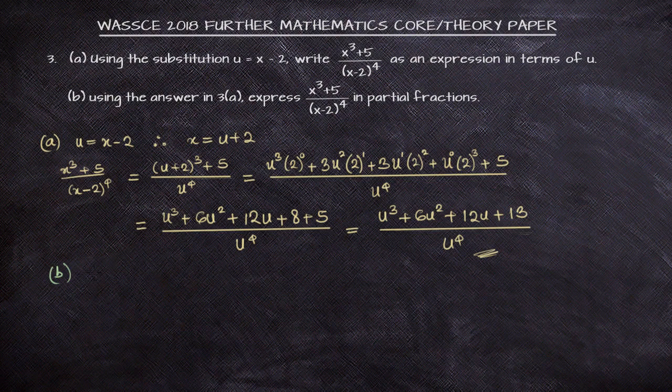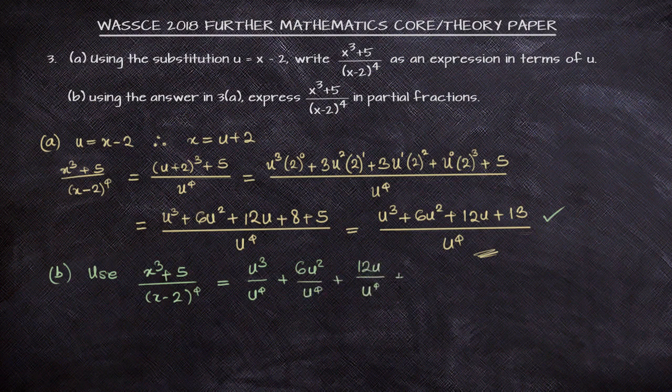and that means here we want to write in terms of x, and then it will be that we'll be using this u and reverting back to x. We'll be using u, but now we want to express it back in x. So we have x cubed plus 5 over x minus 2 raised to power 4 will be u cubed over u4 plus 6u square over u4 plus 12u over u raised to power 4 plus 13 over u raised to power 4. What I'm doing is I'm splitting each of the entities so that I can have the format of the